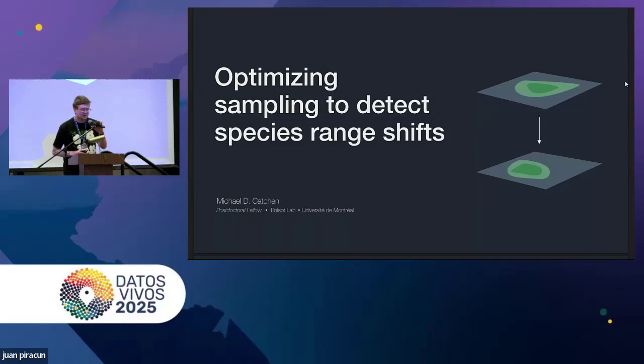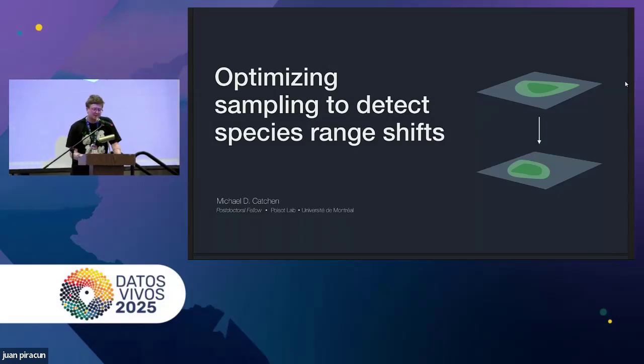Cool. Hi, everyone. I'm Michael. I'm a postdoc in the postdoc lab at the Université de Montréal. And today I'm going to be talking a bit about how we can optimize spatial sampling to detect species range